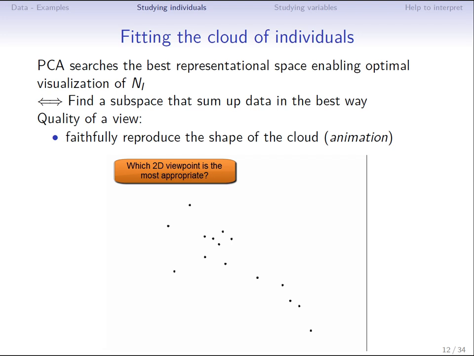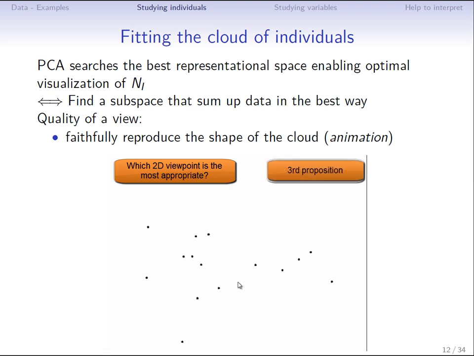Here there is a cloud of points in 3 dimensions. I will move this cloud of points to see it. So this cloud of points moves, and you have an idea of the cloud of points. It is possible to have only one 2-dimensional representation of this cloud of points. So this is a first proposition for the viewpoint of the 3D cloud. Therefore, here is a second proposition,